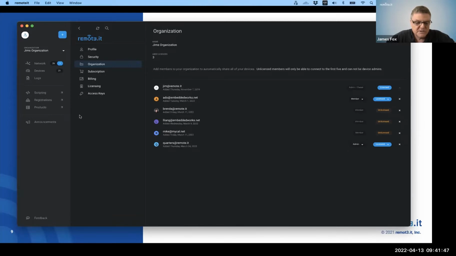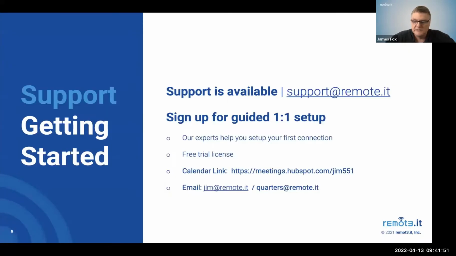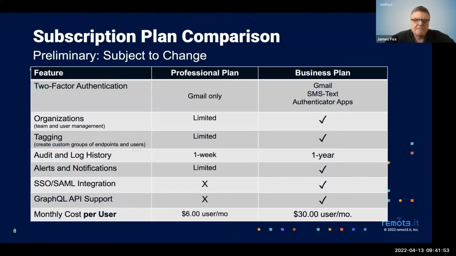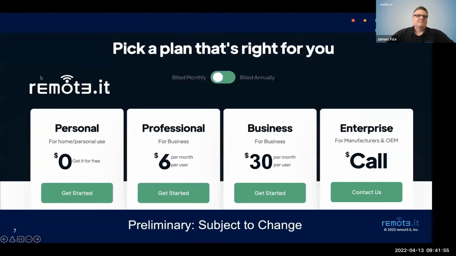And the other question was about the plans. Yeah, let me explain the plans here. Okay, we are currently offering personal, professional, and enterprise off our website. We are introducing a new plan we call business. And business is going to really